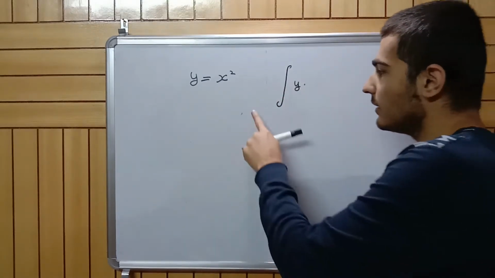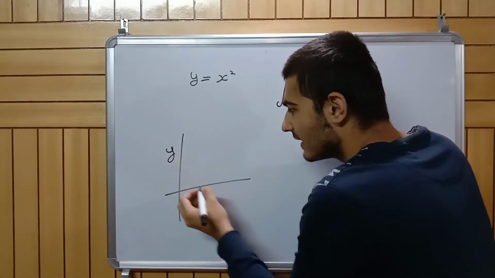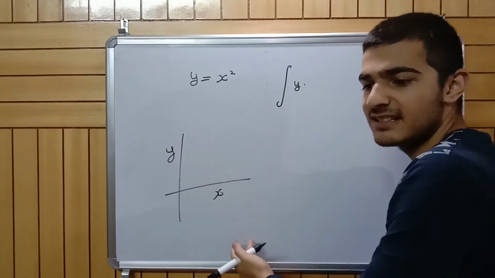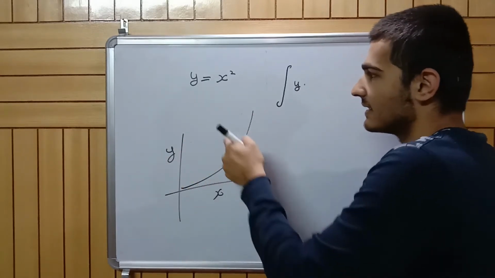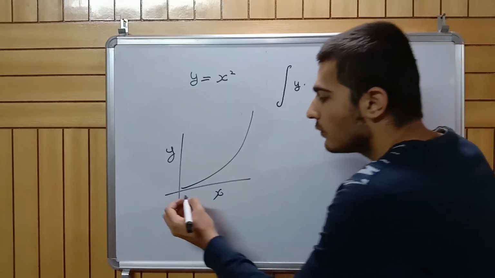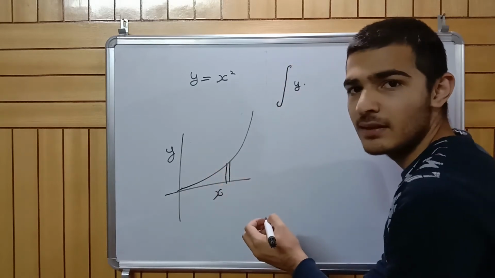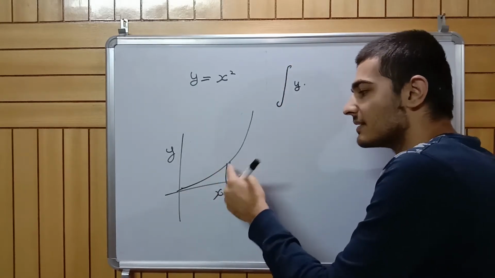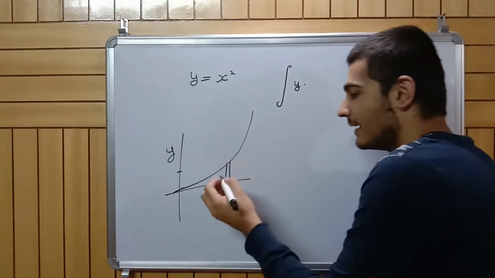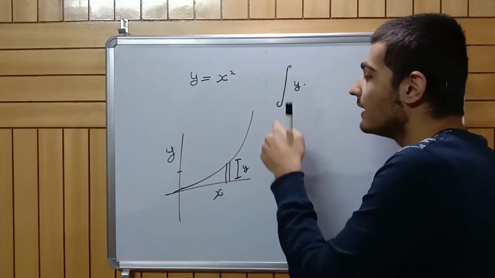Now pause for a moment and just see what we were actually doing. This is the graph of y versus x, something like this in the case of x square. How do we find the area of this? What we were actually doing is taking a small rectangle and finding its area. What is the area of this? This height here is y, the value of y. So I write y multiplied.